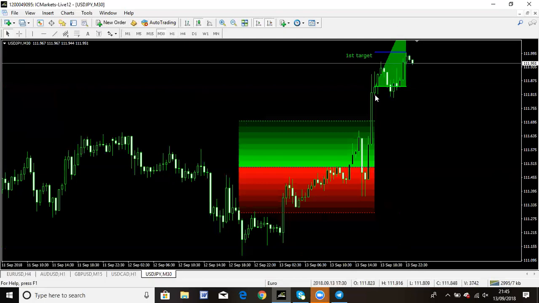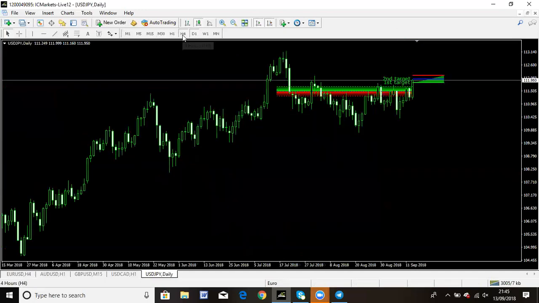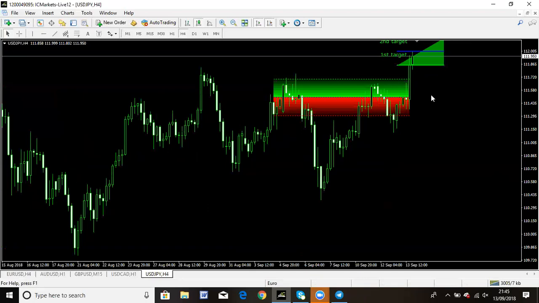It started around about here, at this time here. The entry price, it actually tells you what price you need to enter, which is the brilliant thing about this. Pinpoint entry price, pinpoint exit price, pinpoint target price. So we've got 2 targets, first target, second target. It tells you where to exit as well. If I highlight this line, it will tell me that's your first TP. Now if I highlight the second target,